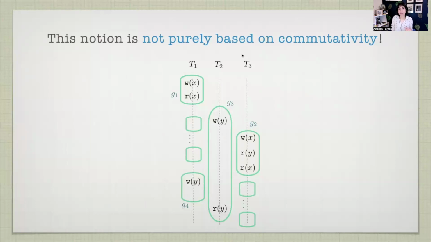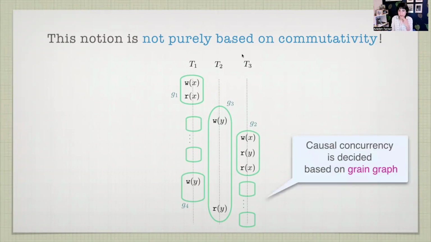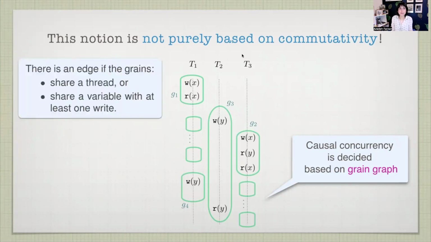So in this context, if we wanted to decide the causal ordering or causal concurrency based on scattered grains, we need a new mechanism. We cannot just, the way that I mentioned to you, translate to Mazurkiewicz up to a homomorphism. And this new mechanism is what we call a grain graph, which is more or less exactly what you expect it to be. You would have nodes for your grains, and edges between the nodes, depending on whether two grains are dependent on each other or not. So for example, whenever I see two grains sharing a thread, I would throw an edge.